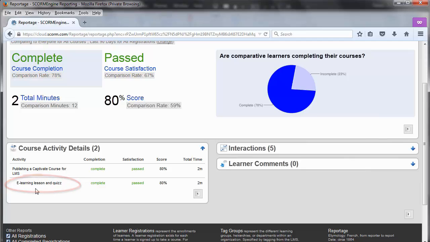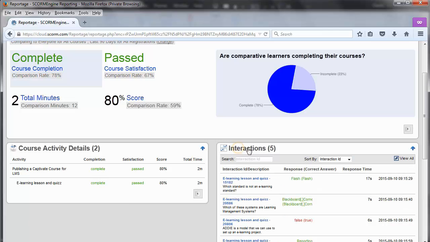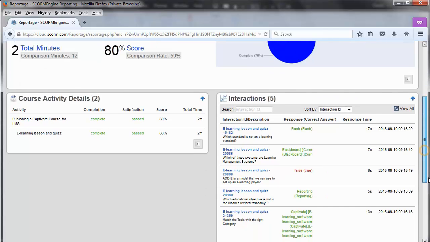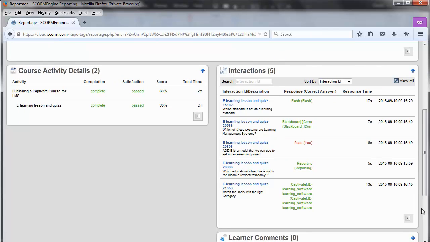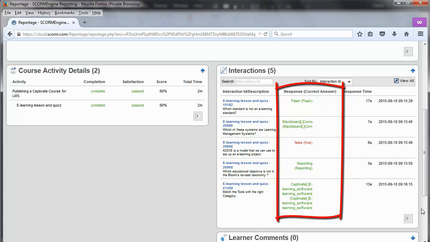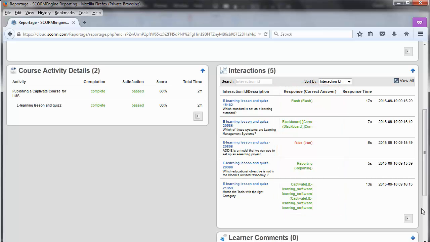Now to access the quiz result question by question, I select the Interactions panel on the right-hand side. In the response column, the given answers by the learner are displayed. I enlarge this table in order to give you a large view.